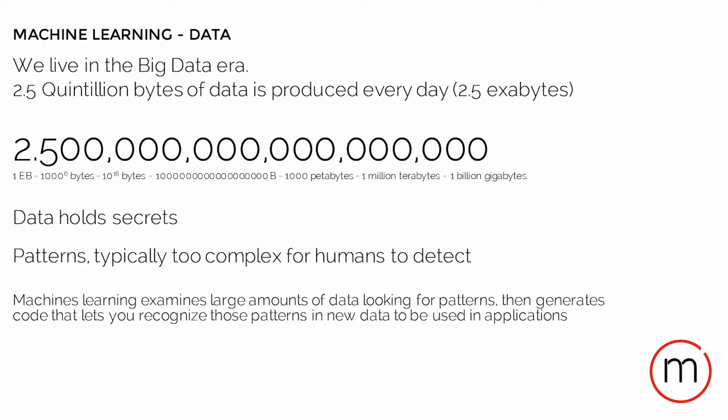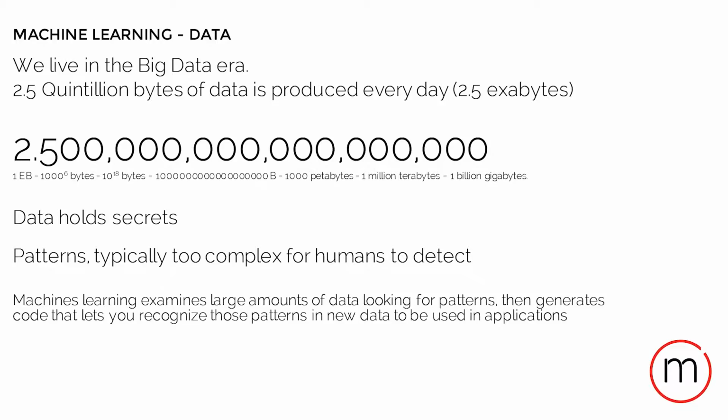I've told you that we need a lot of data, and today we do have a lot of data. Every day about 2.5 quintillion, I didn't even know what that was, bytes of data are being produced. To put that into something that everybody understands, that's 2.5 million MacBook hard disks written full every day. So that's a lot of data. In this data, there are a lot of secrets hidden, and those secrets the human eye can't see anymore. So we need machines to go through it and detect all of that. I'm not going to talk about privacy. Today, it's about getting something to learn from this data.